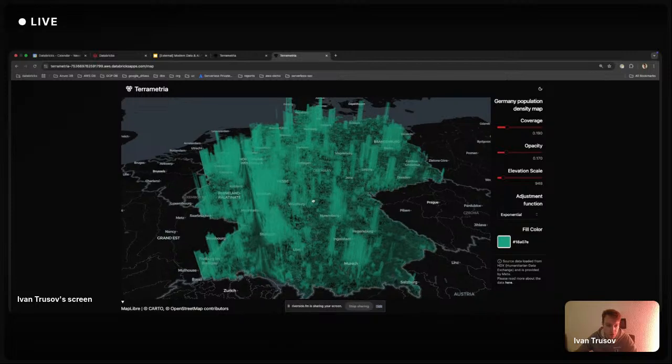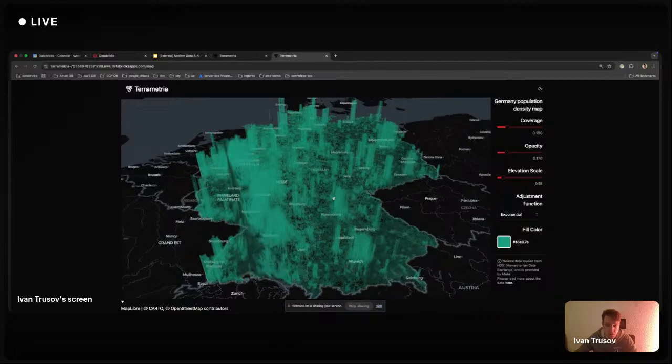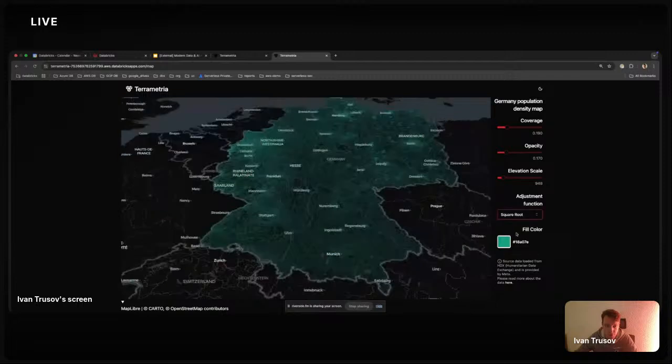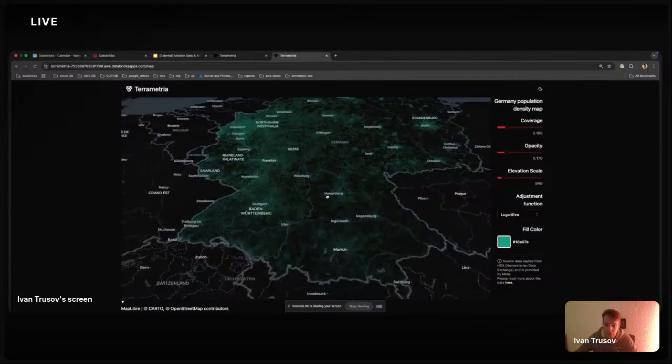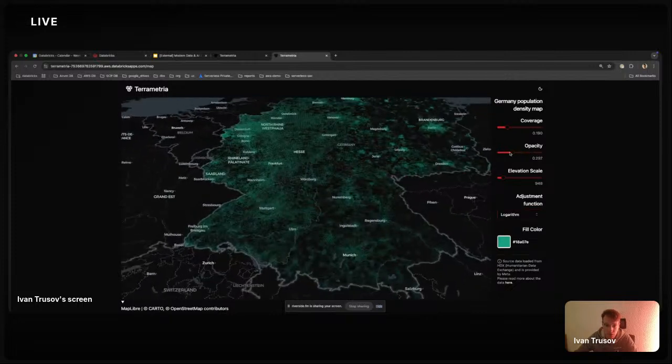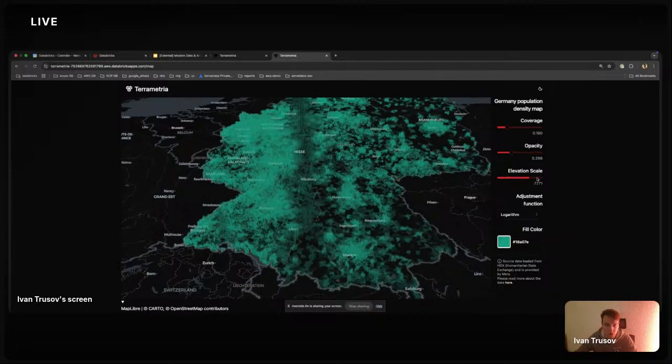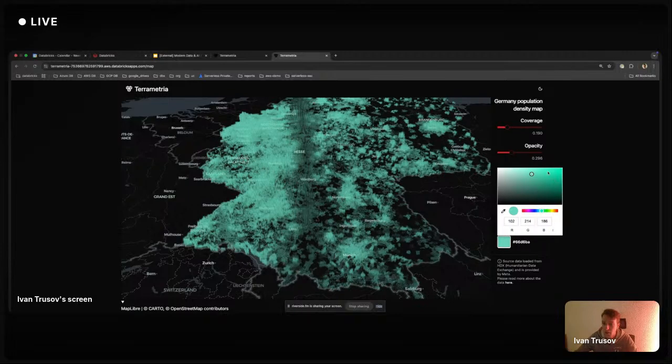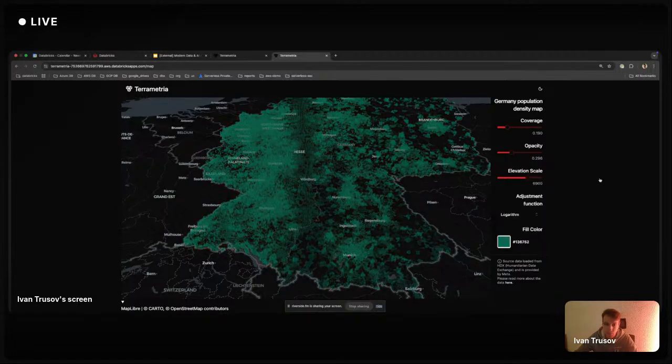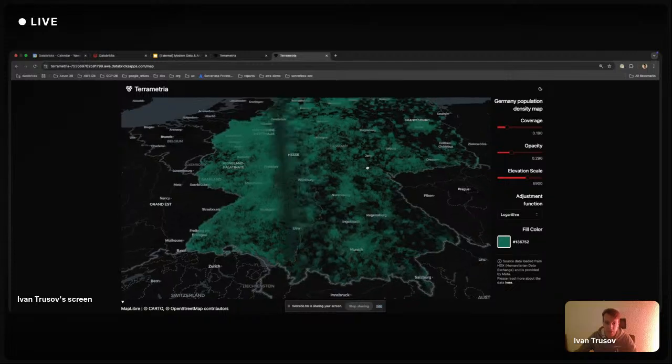It supports shifting from different sides. I can also dynamically change various things like adjustment functions and things like that. So this is a really convenient library, and as you can see, it supports all kinds of customizations. I can also choose the color and many things here. And this is all customizable again. So you're not limited to presets or predefined components.